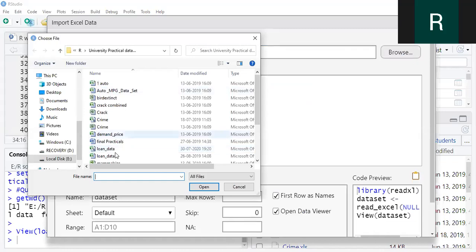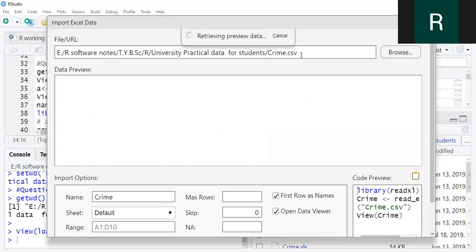So these are the Excel files. Suppose I want, let's say, the crime data, but you can see this one is the crime data with dot CSV, meaning it is a CSV file. Let's check whether the CSV data will open or not. See, here we have the CSV data. Can you see dot CSV?